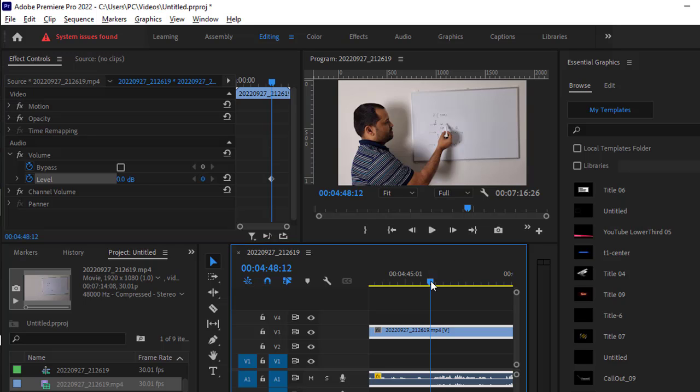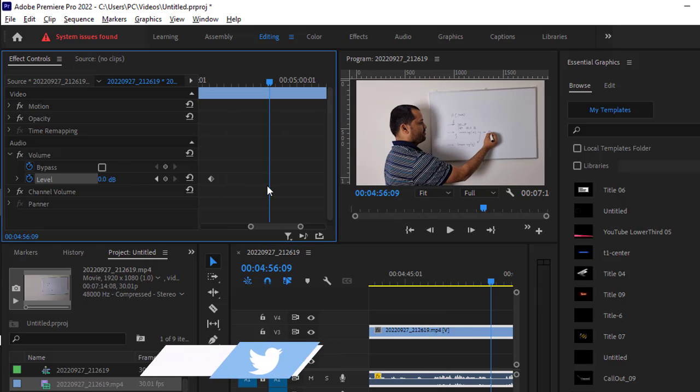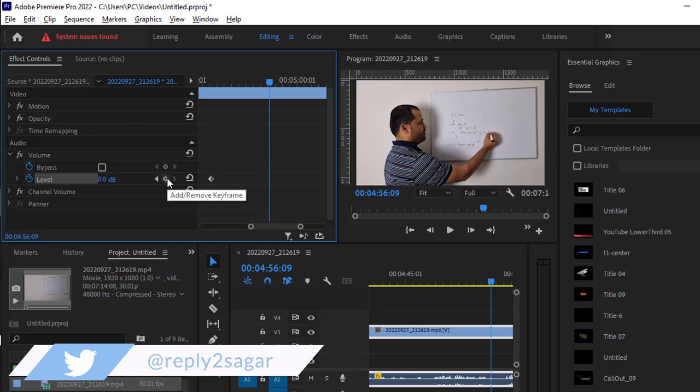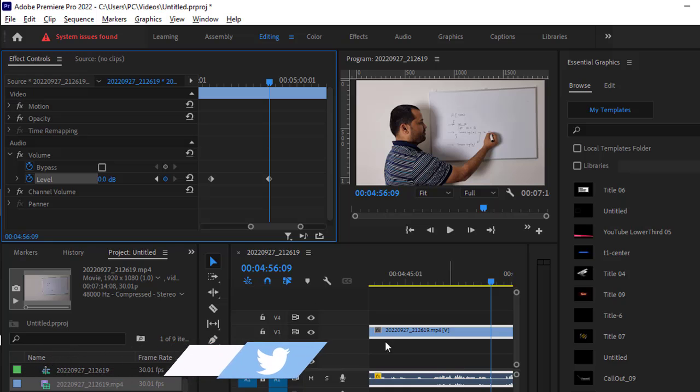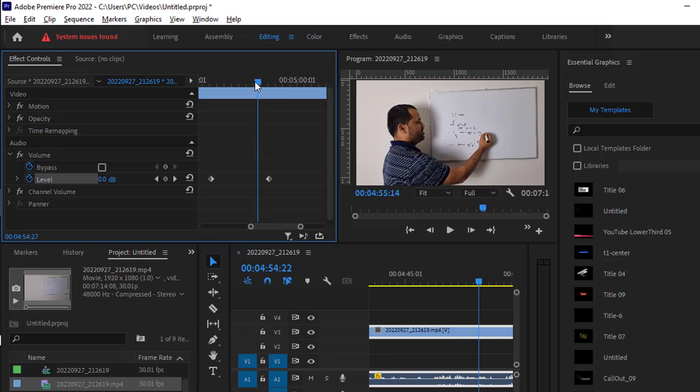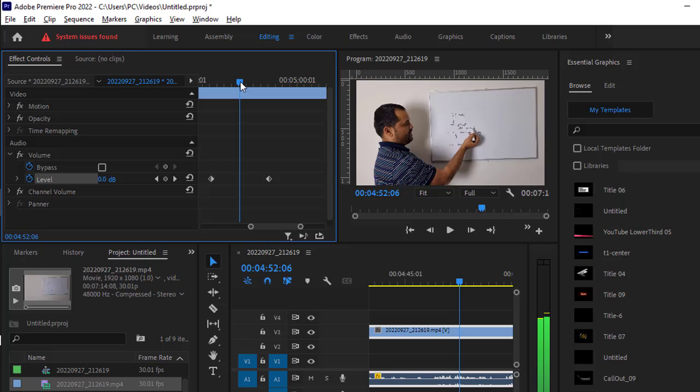Then take the marker to the end and add another keyframe, and just between these two keyframes I'm going to add another keyframe in the middle. If you play this now, you will not see any difference in the volume, but now I'm going to open this Level and drag this middle point upwards,